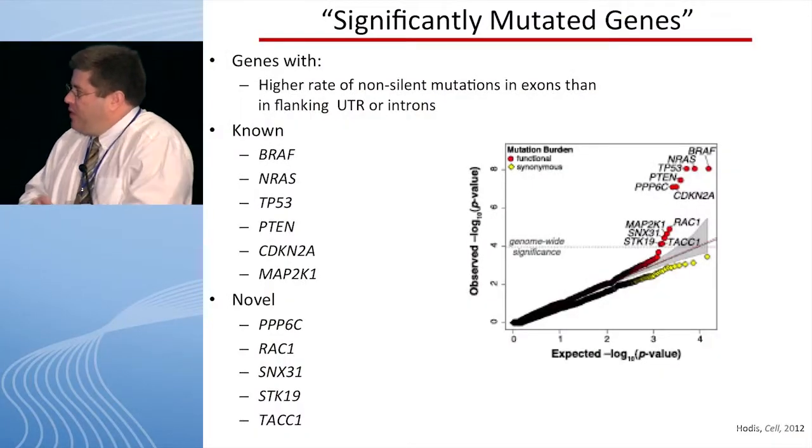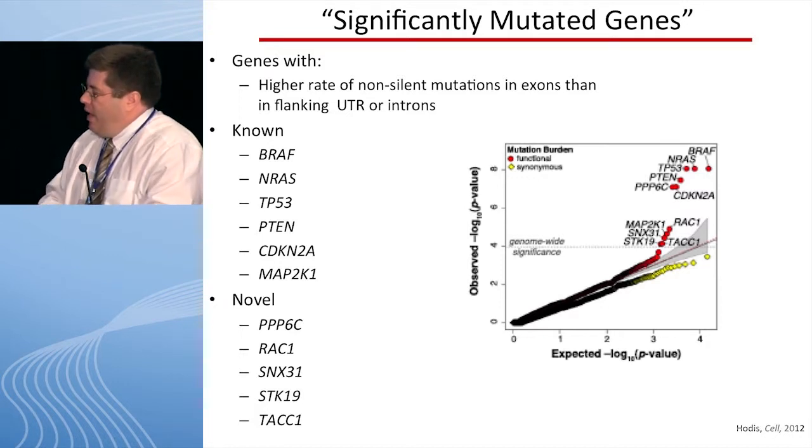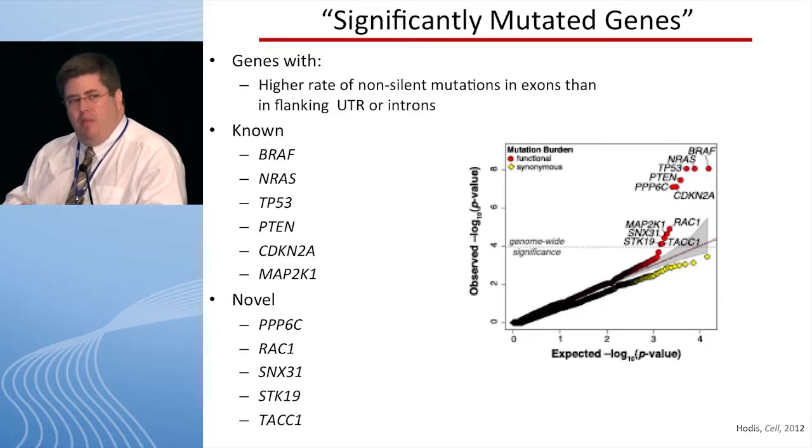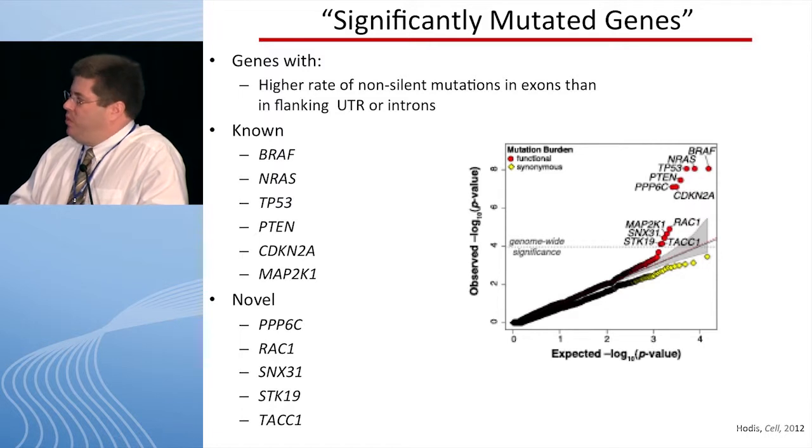Interestingly, their analysis actually showed that certain regions of the genome are more prone to develop mutations than others, leading to new bioinformatic approaches to analyzing the data to, again, try to separate out which genes were most likely to be driver mutations as opposed to passengers. And this, in the end, led to the conclusion that there were 11 genes that were significantly mutated. And so this actually used sort of a new analytical approach, and that may actually be the reason why there are some differences between the results here versus the Halaban study.